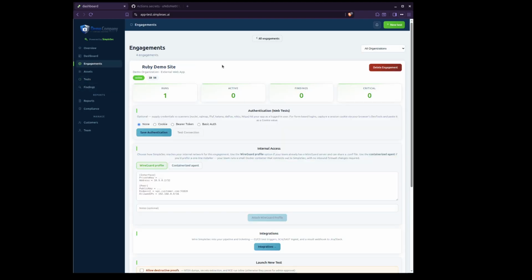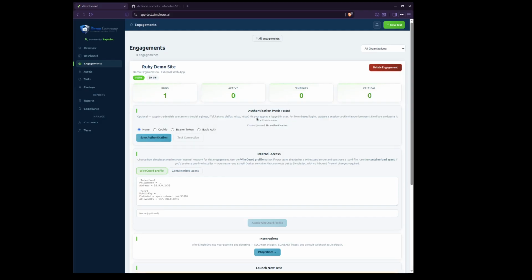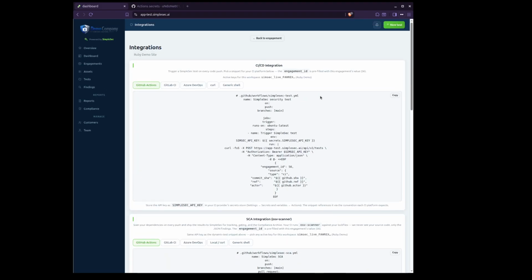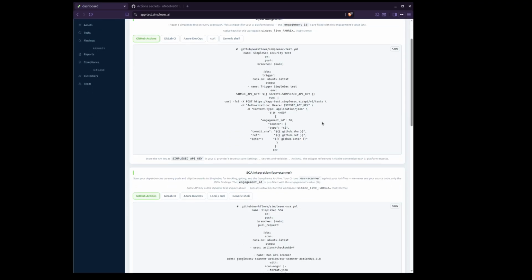So let's go over to the engagements. Now, again, if you're on Enterprise, you'll see you've got an extra button here, Integrations. And it's telling us that for our CICD, in order to run all three tests, we want to create these three files. The first one is our DAST test, which I'm not going to create because it's not a real website. It's just going to